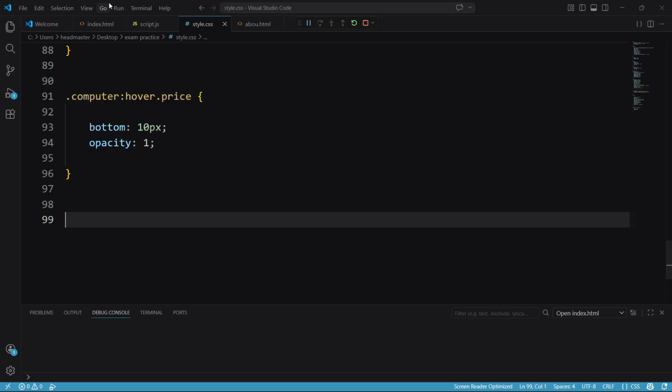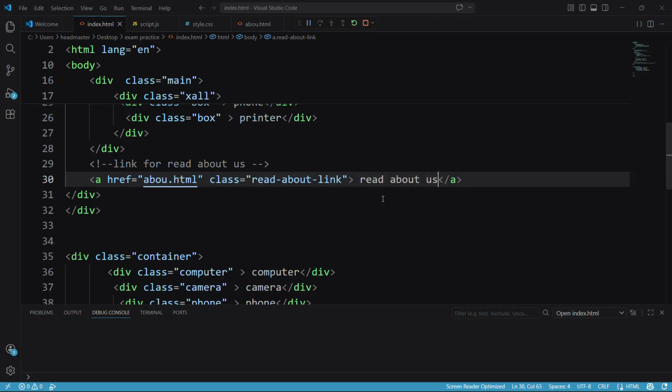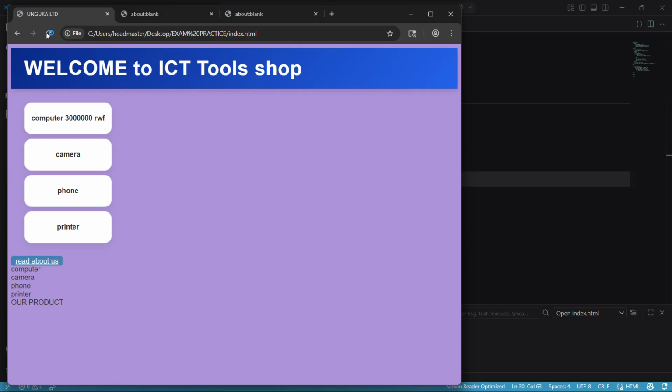Then after that, you see that we have configured it well. Maybe this is enough for this, and then let's move to the grid. Yes, to the grid. Maybe I can learn it before I move from here. Let's debug the code, then let's refresh. You see, when you click here,